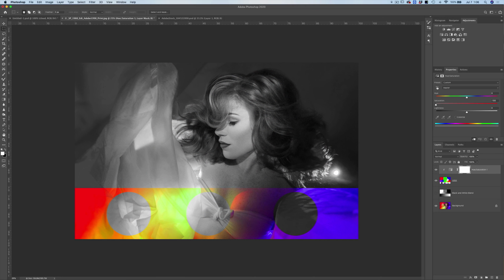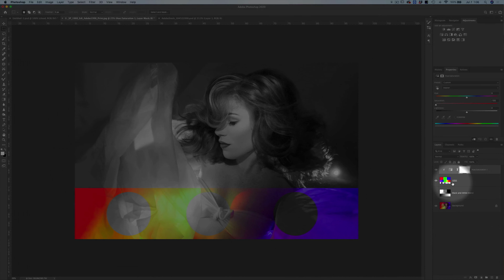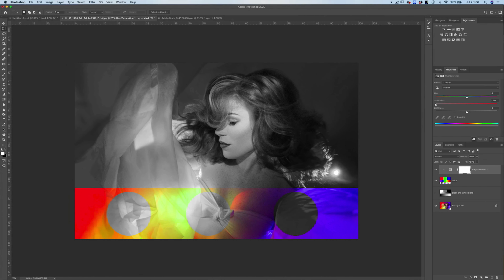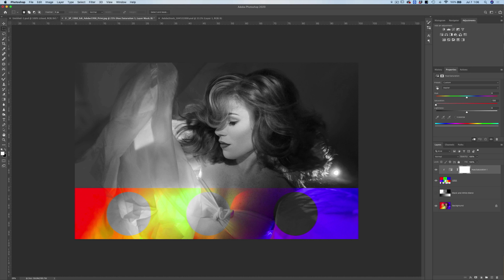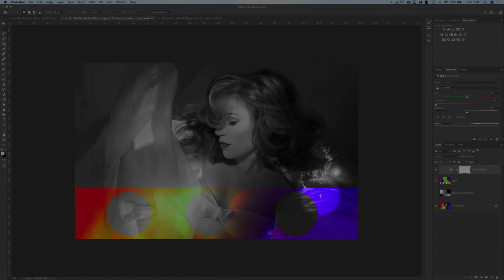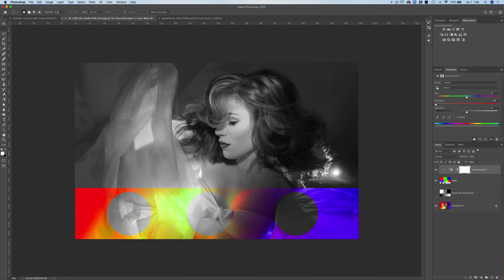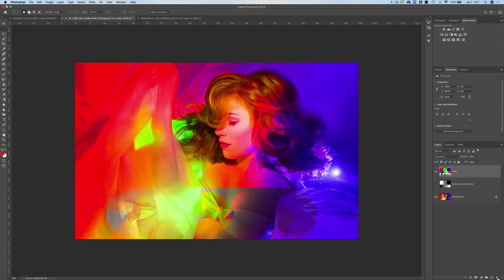Okay, so if I take the saturation all the way down on my color layer, you can see that the underlying layer, which is still saturated, the areas where there is color in our color layer, where there's saturation in our color layer, has been taken down to completely black and white. And the area where there is no data on this color layer, i.e. the areas around my circles, that area is still saturated. Let me go ahead and just drag and delete the hue saturation adjustment layer that I have. And we're going to move on.